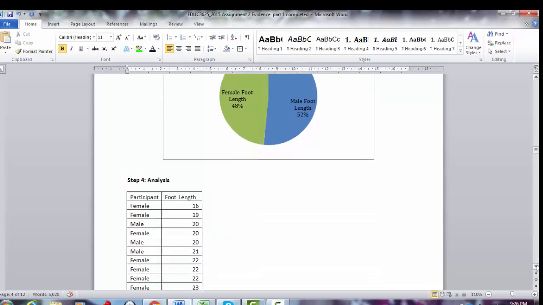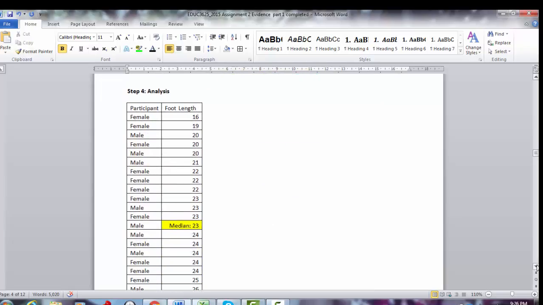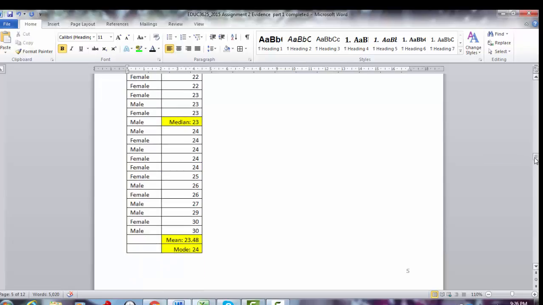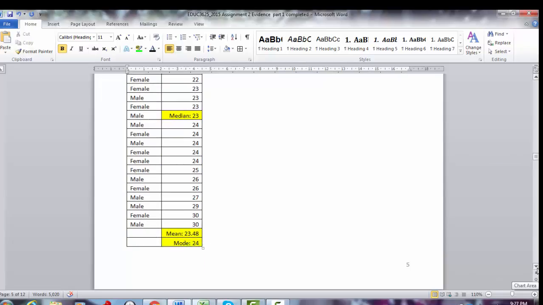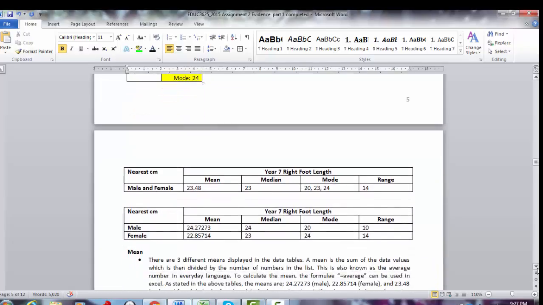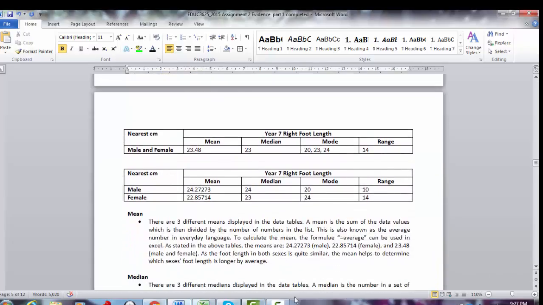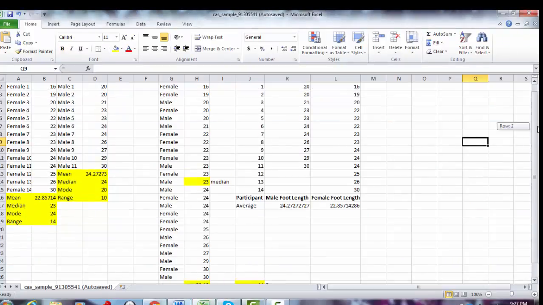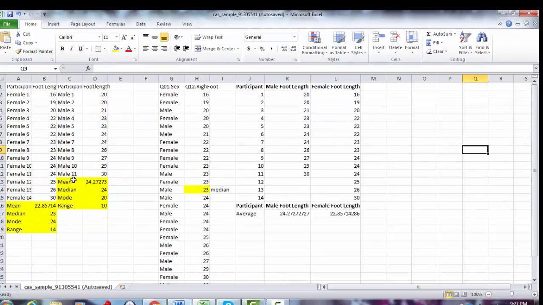And then we move on to the analysis step. So this is where I've included all of the data again into a table. I've highlighted the median, mean, and mode to show that I've calculated that in Microsoft Excel. So this is all my tables in Excel that I've used, and I've used the formula to get this